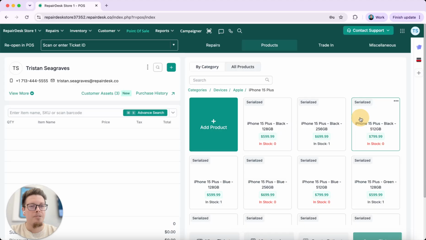Let's say that a customer comes in and they're looking for an iPhone 15 Plus. Specifically, they want a black iPhone 15 Plus that has 500 gigs of capacity. We can see here that our store has a few iPhone 15 Pluses in stock, but we don't have exactly what they're looking for. The iPhone 15 Plus that's black and has 500 gigs of capacity has an in stock of 0. If I select these three dots at the top, it'll open up an action menu and I can